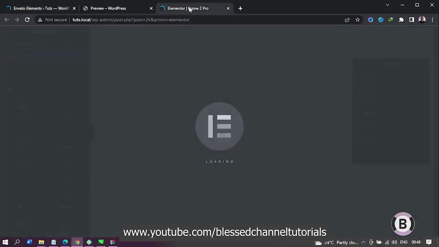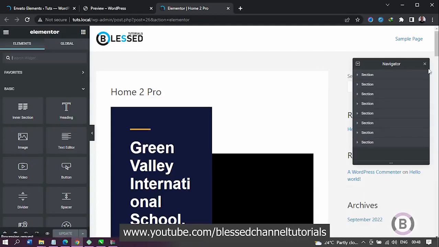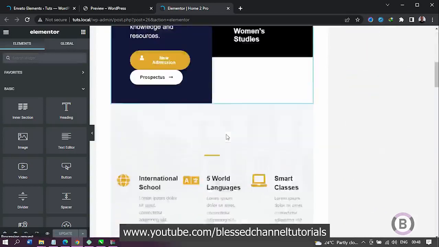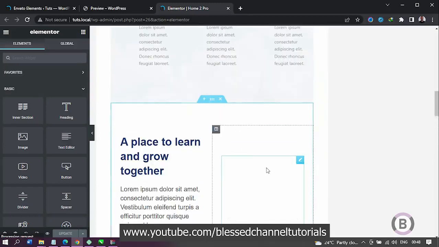Okay, let me preview. You can see the preview of the home page. Actually, I told you it's going to be opening using Elementor, so it's loading. Okay, now this is what I actually have. I can just close this, but you can see it's not